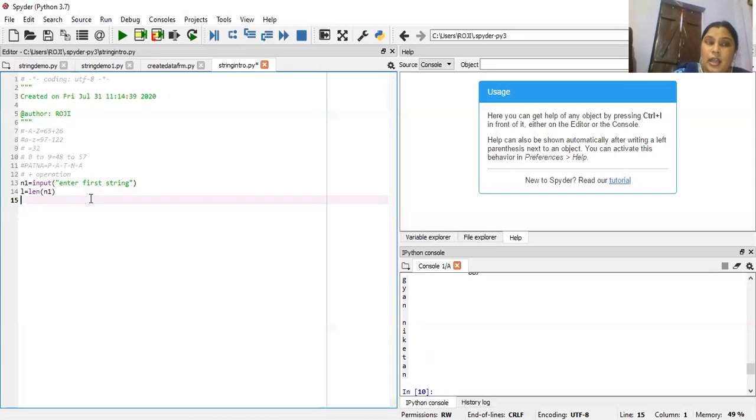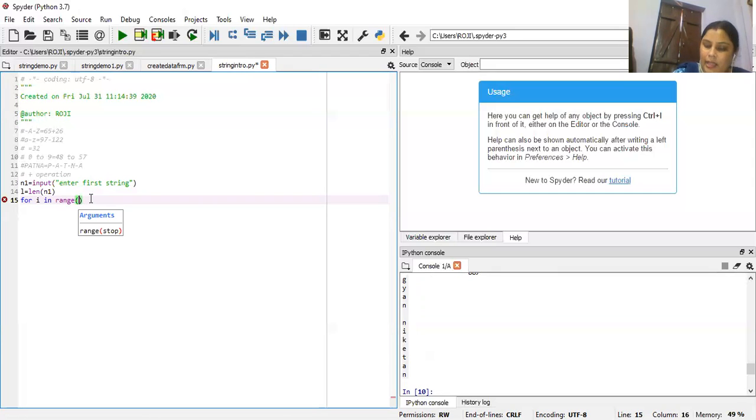Here we use a for loop, for i in range. In the range function we can pass a maximum of 3 arguments and a minimum of 1 argument.